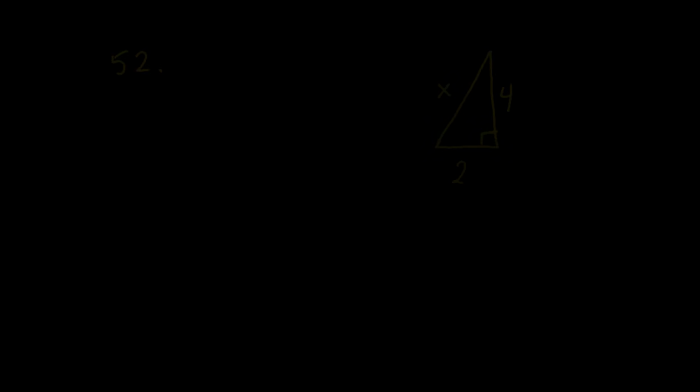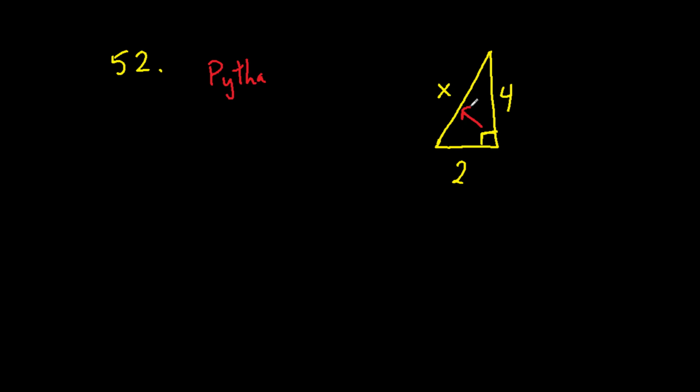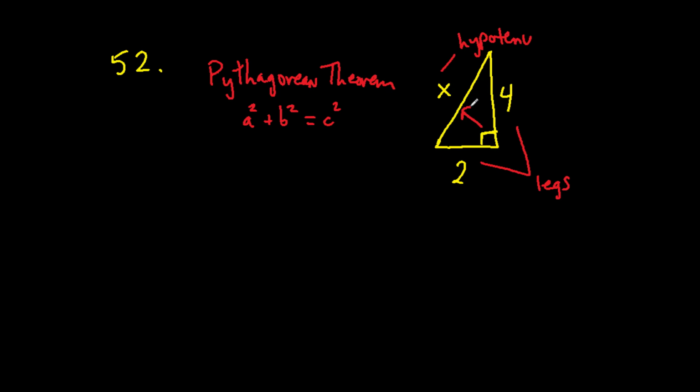Number 52 is giving us a right triangle and asking us to solve for the hypotenuse, since that's across from the 90-degree angle. So basically they're asking us to use the Pythagorean theorem, and that theorem is a squared plus b squared equals c squared, where a and b are the legs. Those are the two values that connect at the 90, and c is the hypotenuse, which is the side across